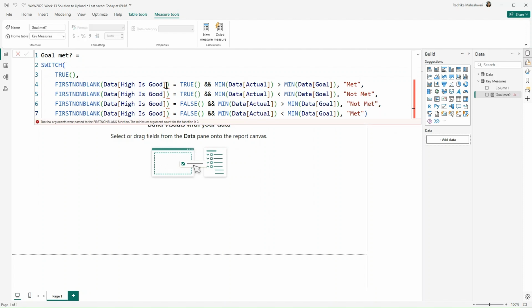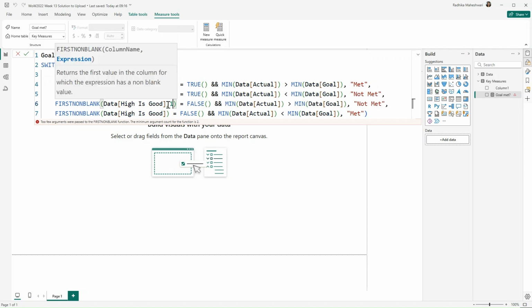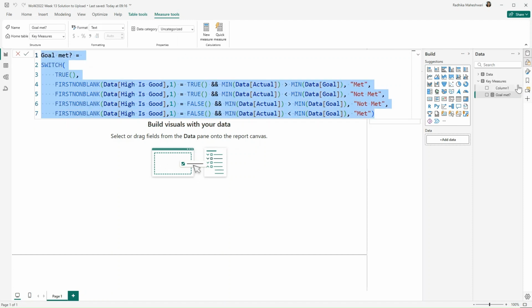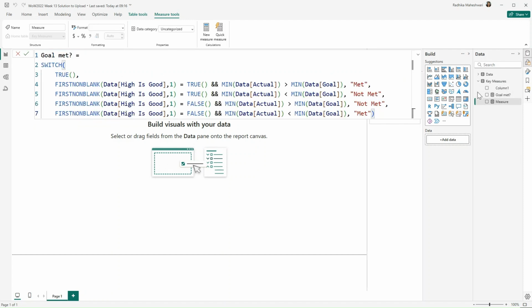So the first not blank function would need another argument, and we can just put it as 1 because it just needs to be an expression. So I'll add just 1 here, and this looks good. I'm going to copy this, and we need to create another measure which will show the color for all of these combinations. So for color,